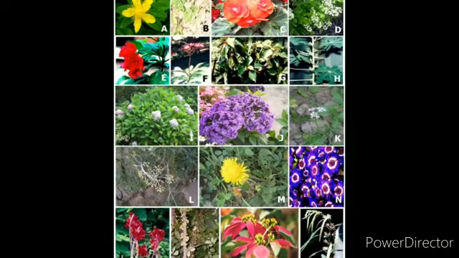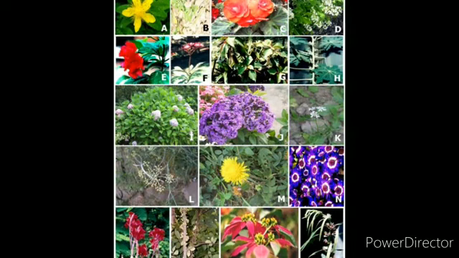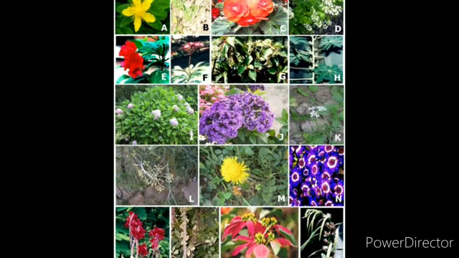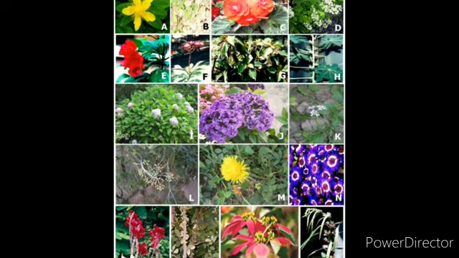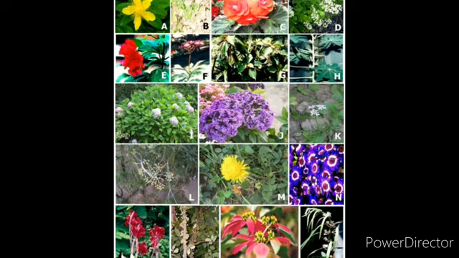Good morning, children. Today we are going to discuss the inflorescence, the most beautiful part of the plant, and a thing of beauty is a joy forever. That is, the beauty of flowers lies not only in the color of petals but also in the mode of arrangement of flowers on the floral shoot. That is what we are going to discuss in the inflorescence.